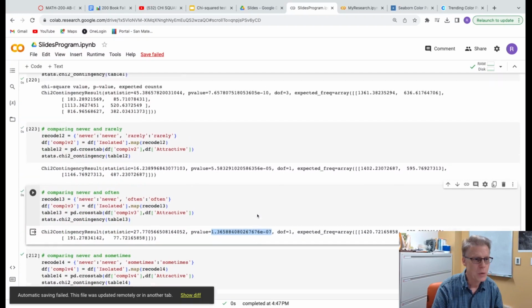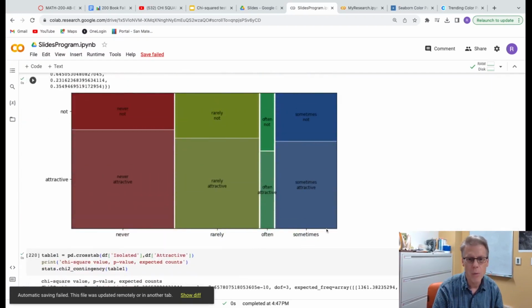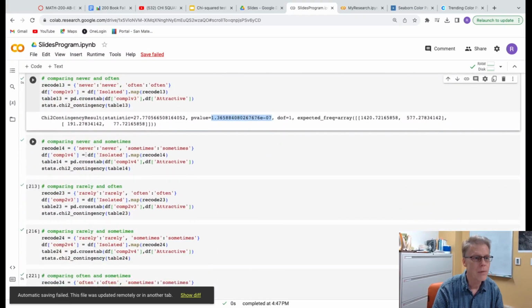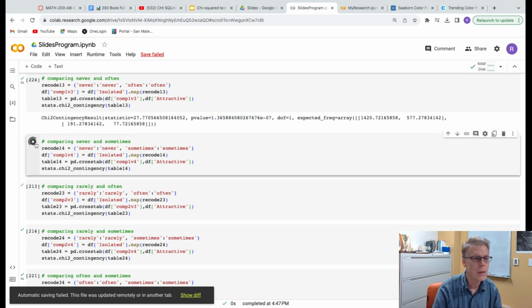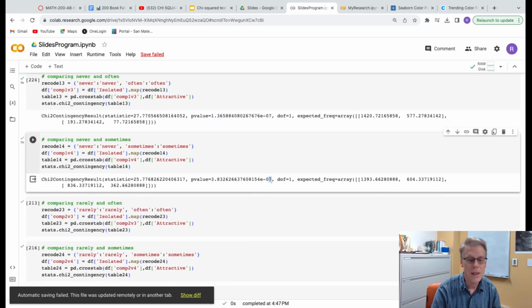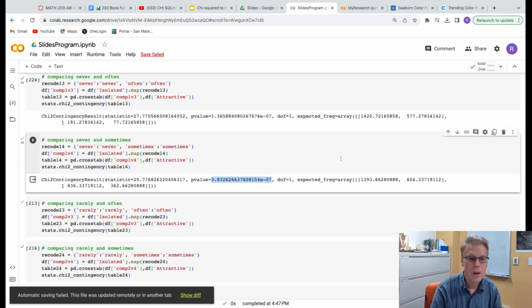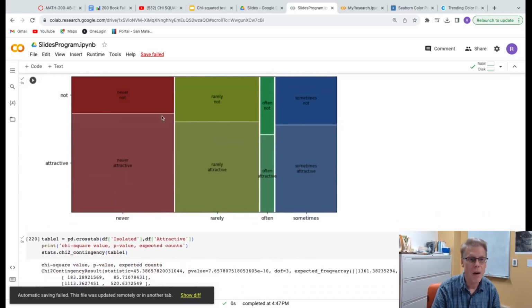The next one is never with sometimes, 1 with 4. Never with sometimes, 1 with 4. I love it. Significant. Totally significant. And hard to see why these two are so much more significant.